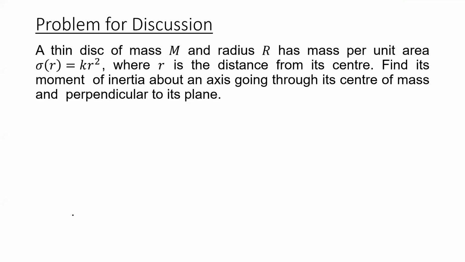Okay. So like I said, just because mass and radius is given, we should not, let's say, select the option with mr square by 2. So let's take the disk, because we are supposed to integrate mass multiplied by r square when we are trying to get the moment of inertia.